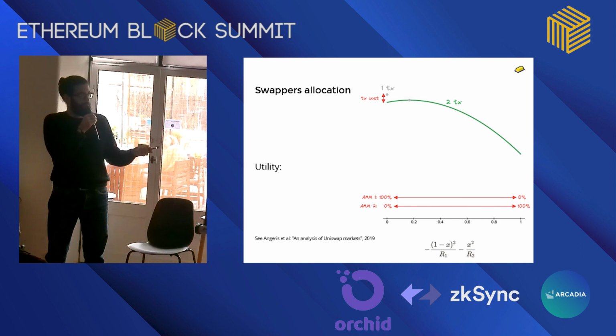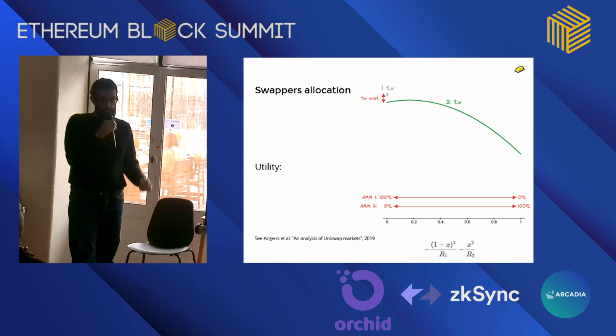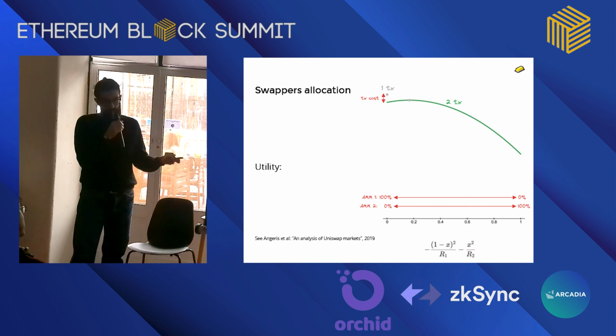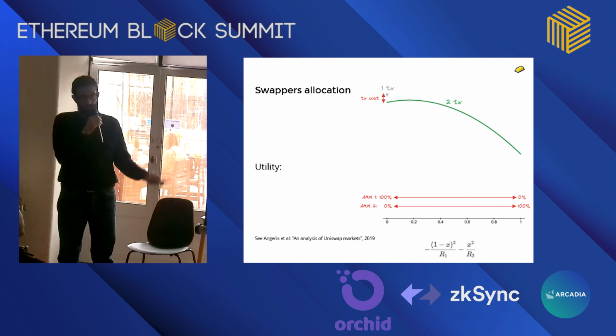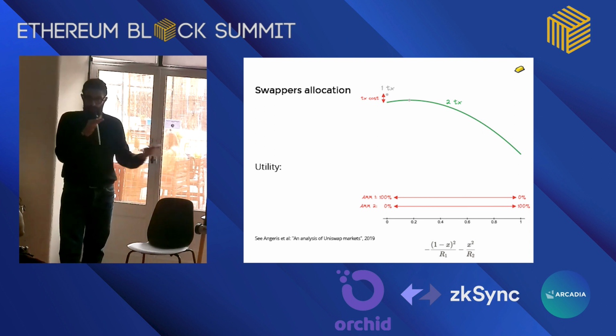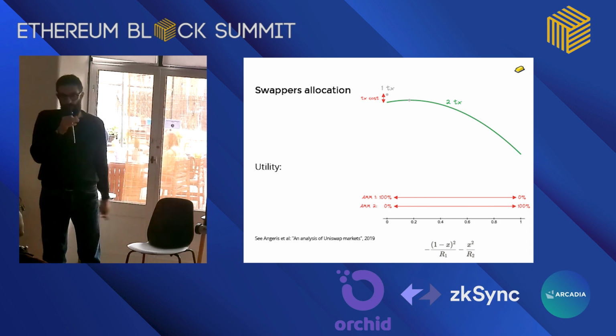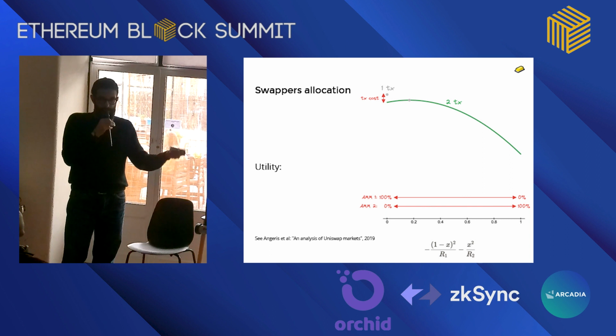one, if you go 100% on AMM1, you are better off because you don't pay transaction fees. You pay only one transaction, whereas if you transact on two AMMs, you pay transaction fees twice. So you're better off bundling your transactions together and making them on one AMM. These kinds of arguments,